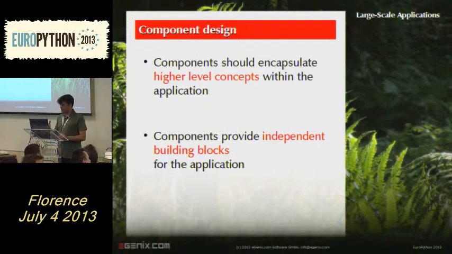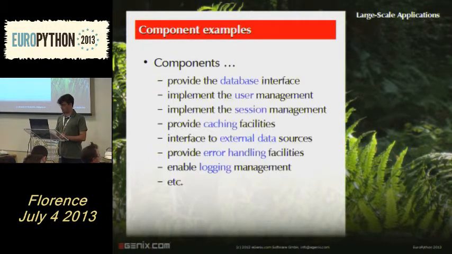You often find that the customer changes his mind and just wants something else, wants a different database backend, for example, or a different kind of authentication mechanism. Then you have to replace that. And in order to make that easy, you need to make sure that your components are written in a way that they are independent enough of each other so that you don't have to rewrite everything.